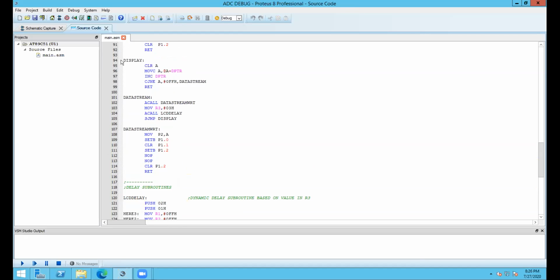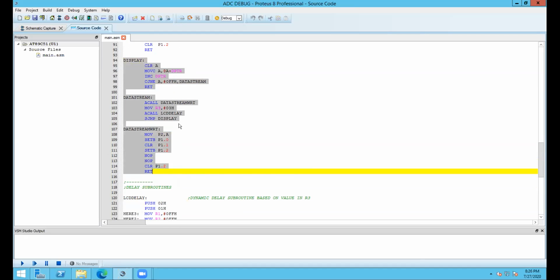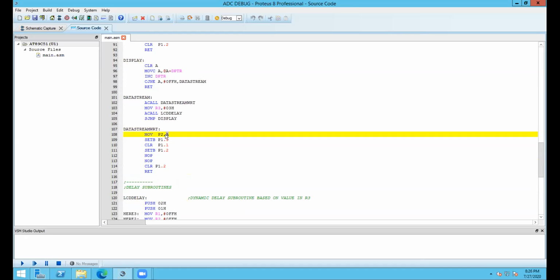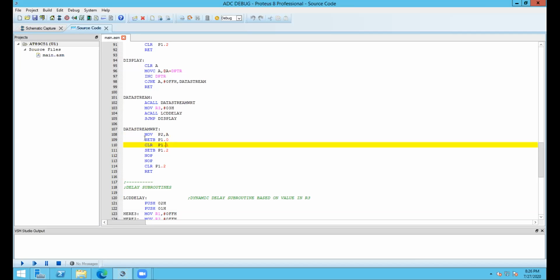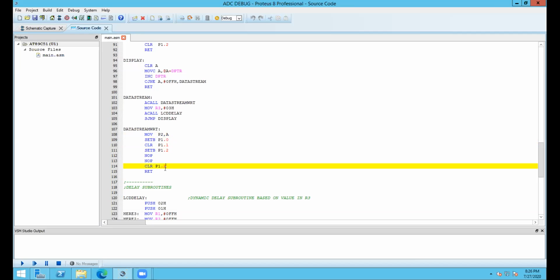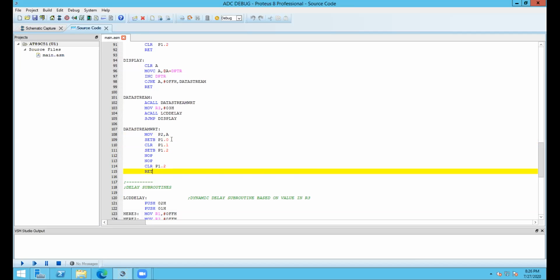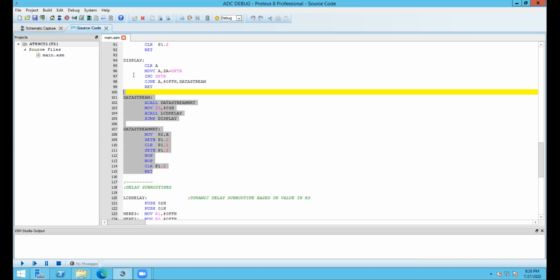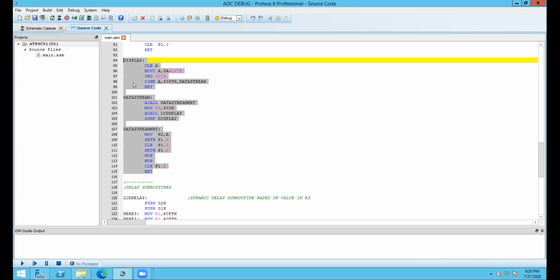So this is the display part. I mean the data currently in the accumulator will be pushed to port 2, and keeping the data in port 2, we will change the configuration bits in this way. We will change the command lines in this way so that the LCD displays the current data that is currently in port 2, displays the data of port 2 in its display. So this is the display set of subroutines.